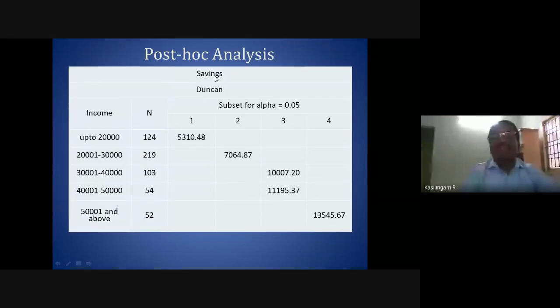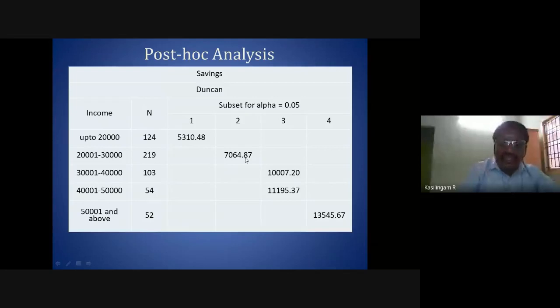Here it is savings, so it is the average savings. The average savings of the up-to-20,000 income group is 5,310. Next one, what is 7,064?